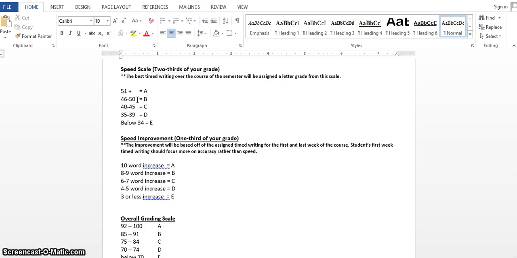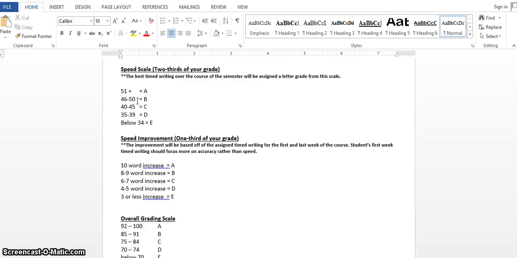It's normal to have quite a bit of errors at the beginning of the semester, but that's something I want to see decrease rapidly from midterm to the end of the semester. You are allowed to use your backspace key, so as you make errors, of course, you're going to try to correct them as you go, but ultimately the goal is to have 100% accuracy, and don't rely on that backspace